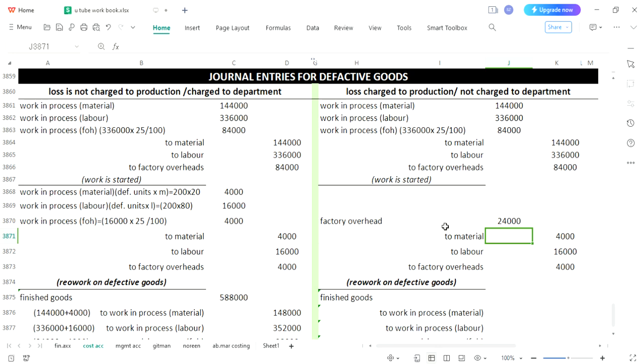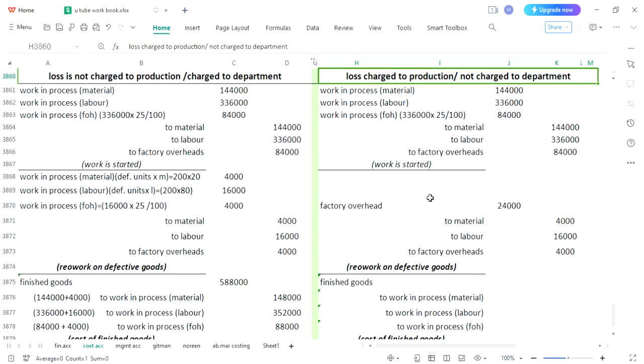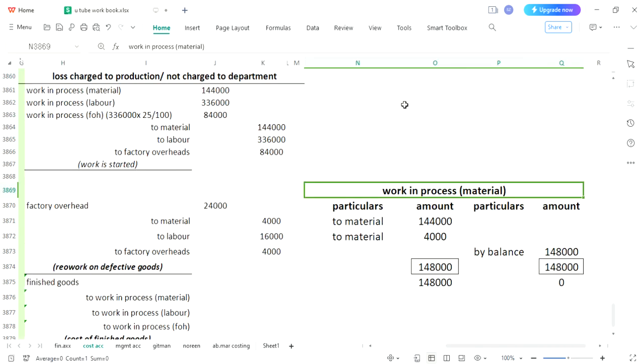It's time to calculate your amounts for the third entry, and still it's simple. You can see that there is only one entry which has work in process material. In the first part there were two entries having work in process material. In the second part there is only one entry of work in process material, though you are still needed to make ledgers again. So we have made the work in process material ledger for the first part,